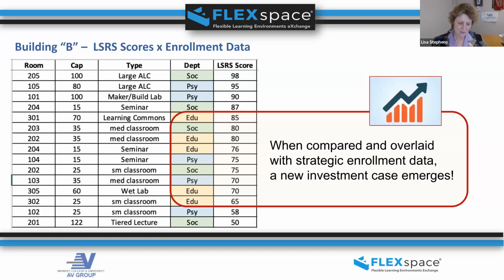Let's say in this case for K through 12 teachers. Well, most of those teachers get done at 3 o'clock in the afternoon. They may or may not have time to get to a nearby campus to participate in a class. Of course, especially post-pandemic now, a good number of them will want to participate through video conferencing or some type of HyFlex experience. So even though the education department here has some highly rated rooms, a couple of rooms well in line of the above 80, those are the rooms that we might want to consider updating the microphones in, or make sure the acoustical properties of the rooms are in good shape in order to meet the enrollment pressure,